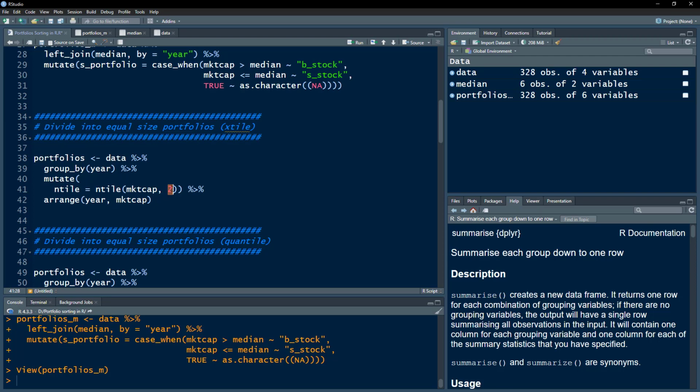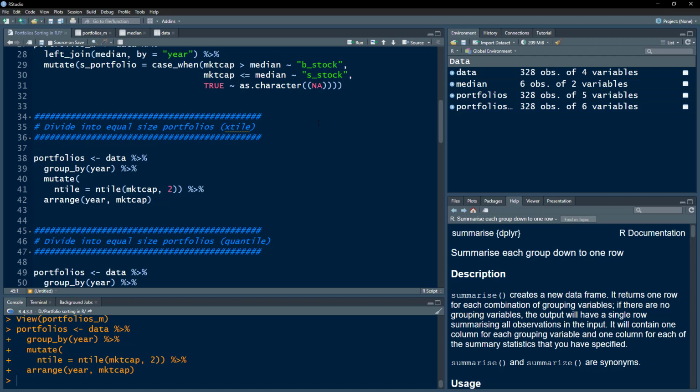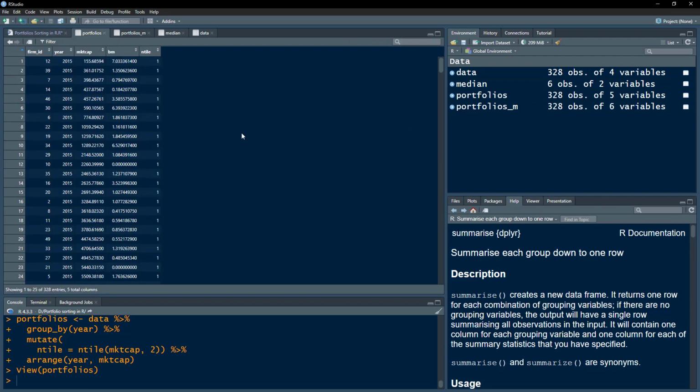Now remember, when we divide them into two parts using this ntile function, it would divide them on the basis of median. But if we divided them into 4, then that would be divided not on the median, but into quartiles, right? We can use any number of quantiles or percentiles to divide these stocks into portfolios. But in this case, I'm just going to do 2 portfolios. That is, it would divide them into portfolios on the basis of median, because when we use 2, that means median. And I'm just going to show you,